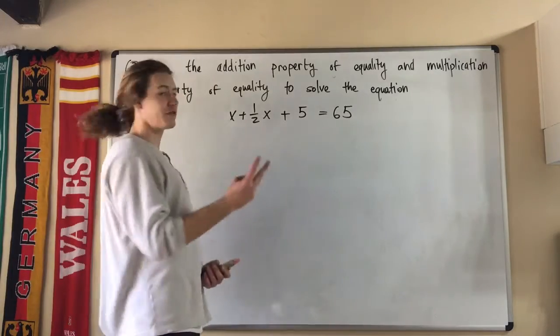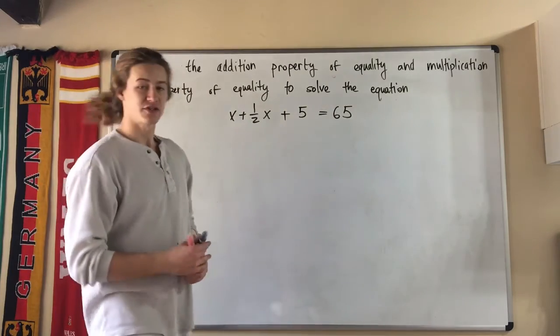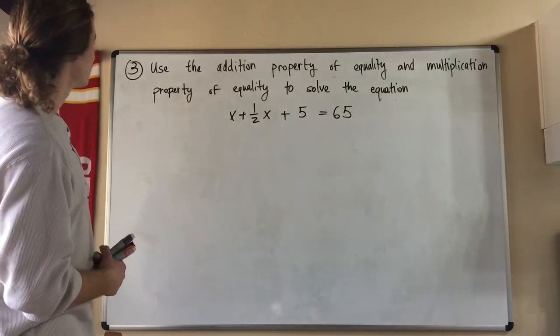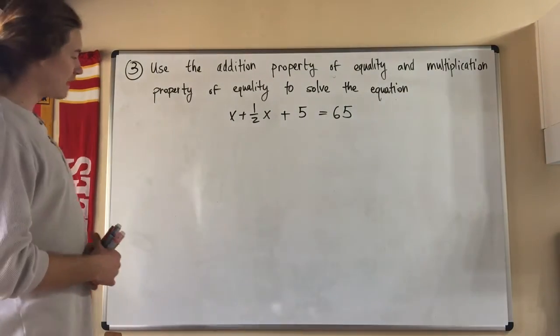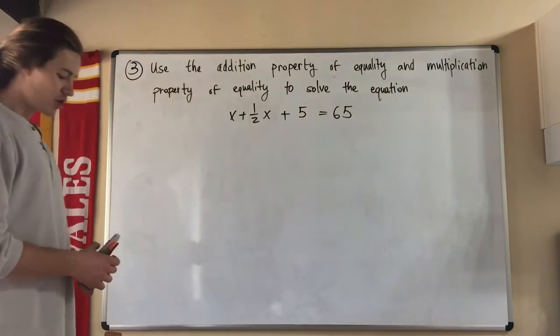So this is problem number 3 for midterm 2. Let's look at the solution to this problem. Use the addition property of equality and multiplication property of equality to solve the equation x plus 1/2 x plus 5 equals 65. So to solve this problem,